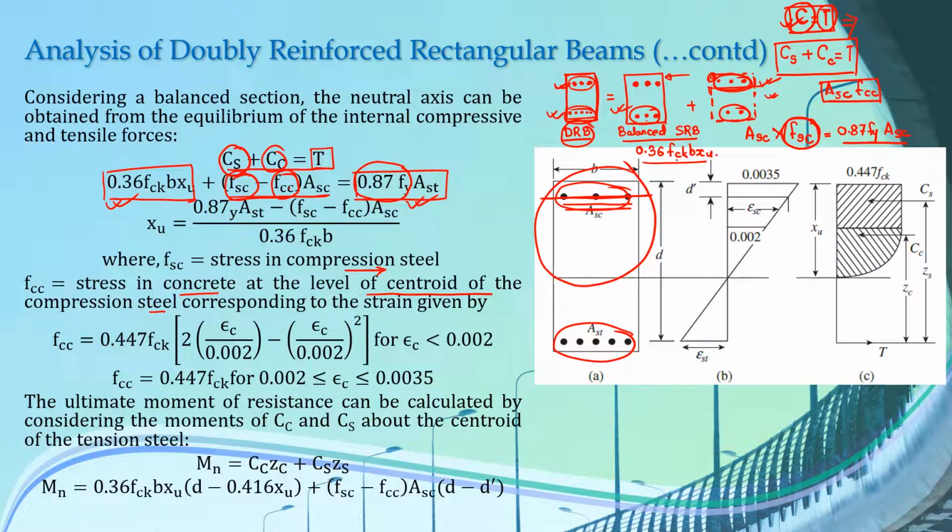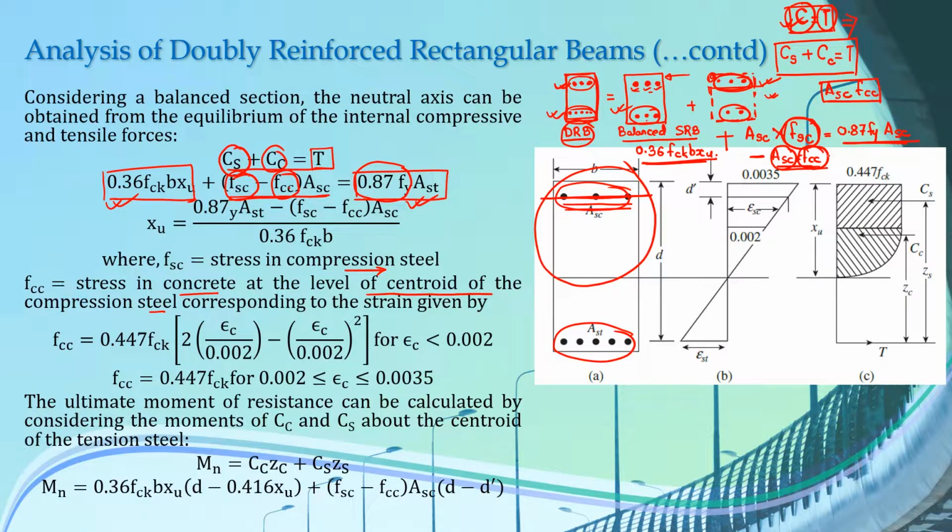So you can subtract from either this first value or second value. So you can write here, if I use the second value here, minus Asc into fcc. So this Asc we have used because the area of concrete in these places is equal to the area of compression reinforcement that we have used, and fcc is the stress level of concrete at these places. So this is the total compressive force: 0.36 fck b xu plus, if you take Asc common, Asc into